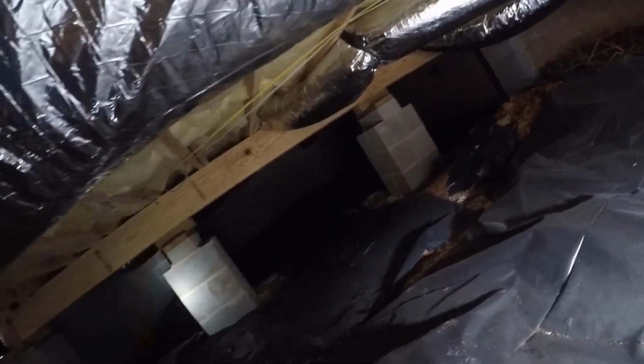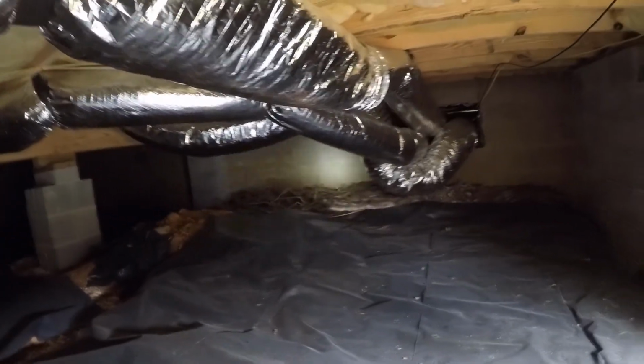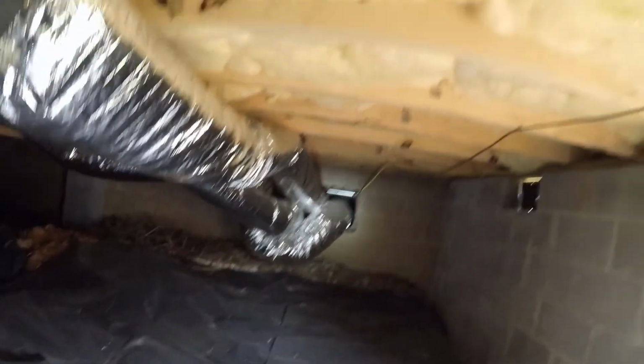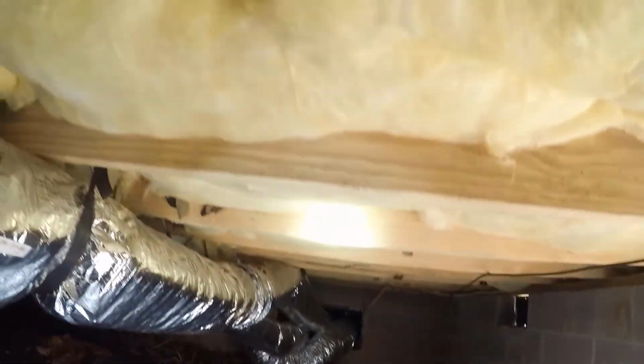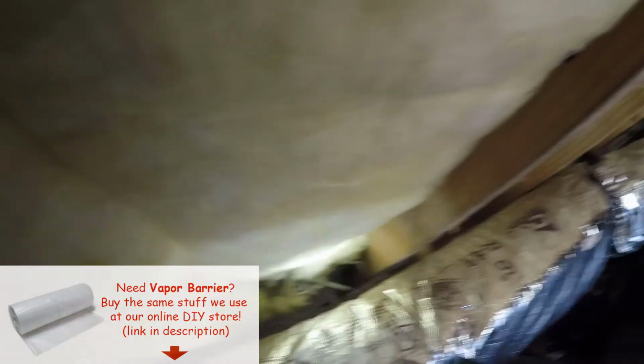Okay, this is the small crawl space. I think it's under the living room where the hardwood is. That's about 500 square feet. That's the big crawl space right there. Ducts going through to that main part. This one actually has a vapor barrier and insulation, but it didn't stop the mold from growing. Looks like it's well ventilated, and still